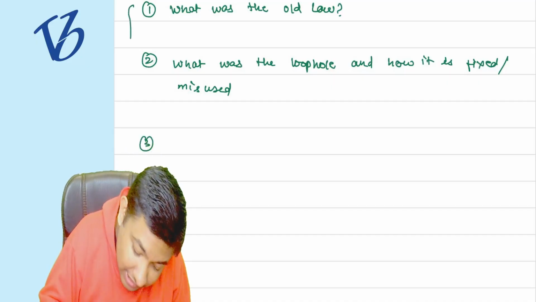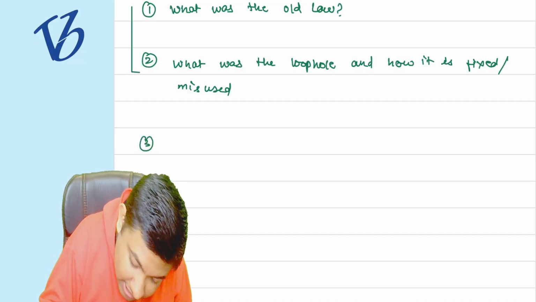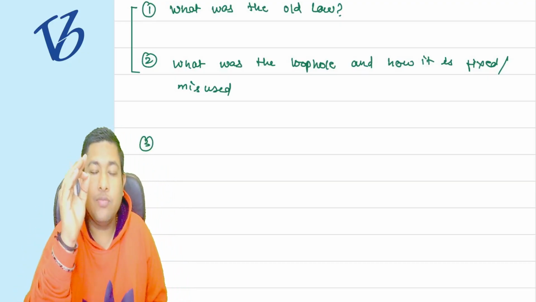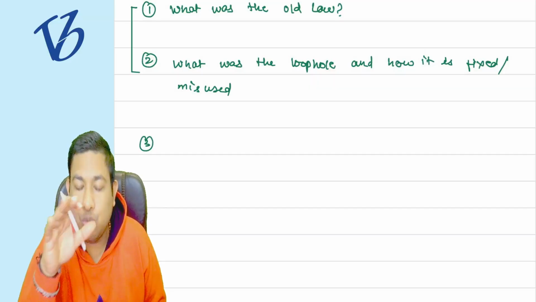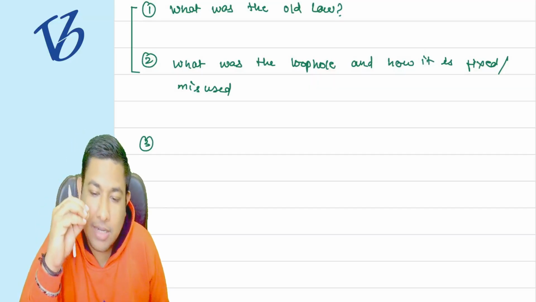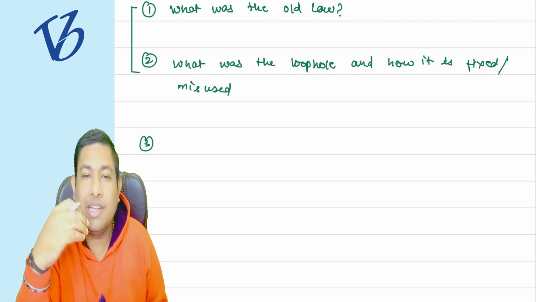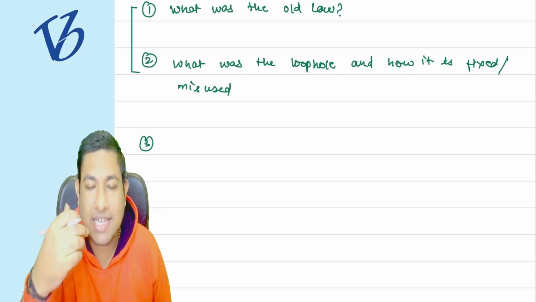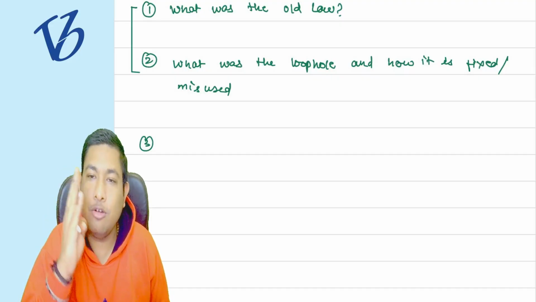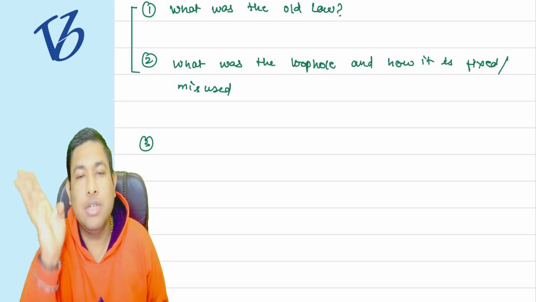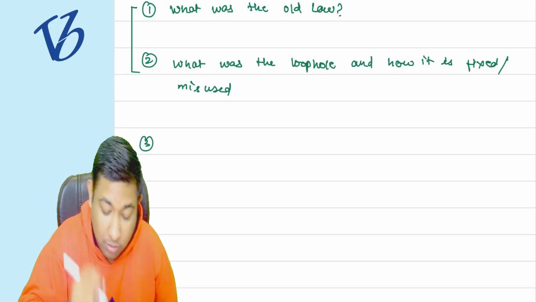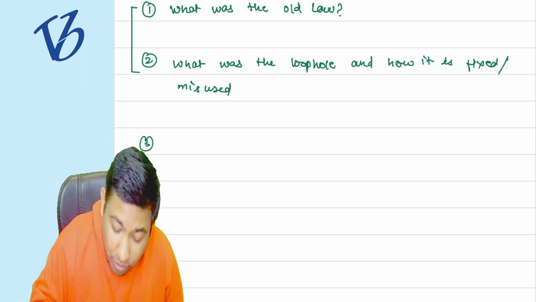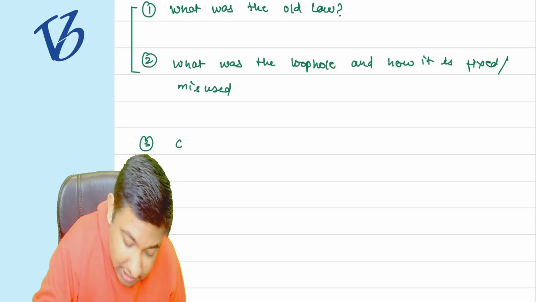Then, after getting the knowledge of these two things, what the earlier law was saying, and what Mr. Weber Bansal was doing, and that by finding the loophole he tried to avoid the tax liability, and the government found that loophole and plugged it out. So after getting these whole details, the judge